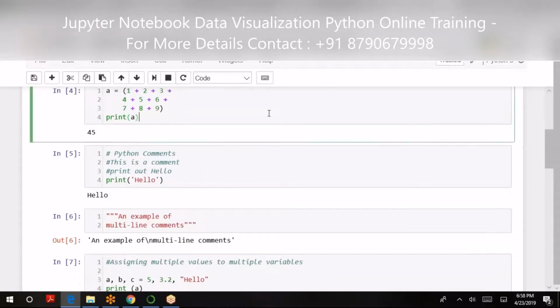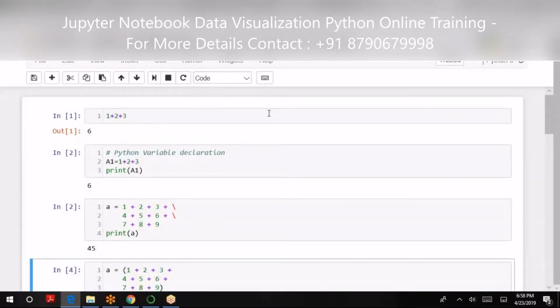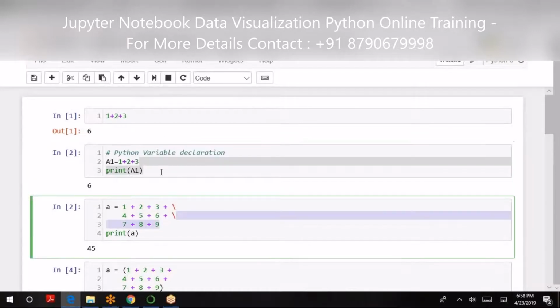The second thing is, if I have an argument on multiple lines, a variable can be declared on multiple lines using a backslash. Let's say A is equal to 1 plus 2 plus 3, and then further on the next line. Continuation of the argument on the next line is given by this backslash.